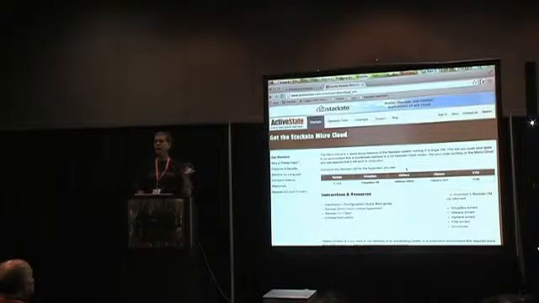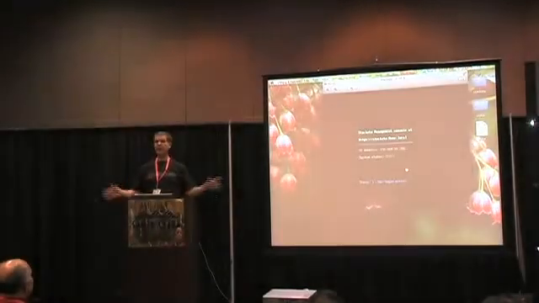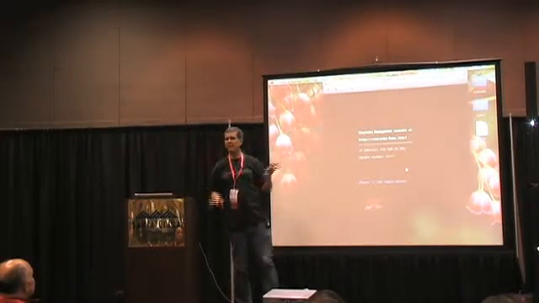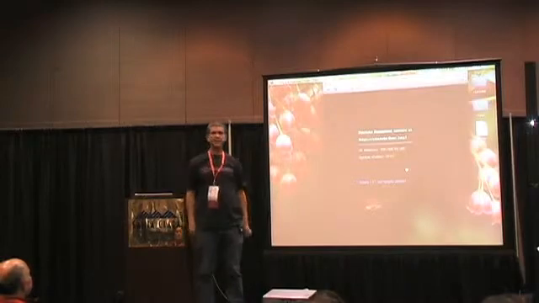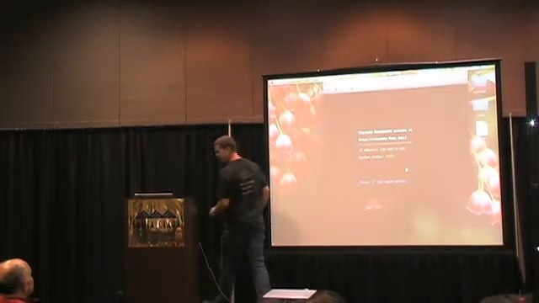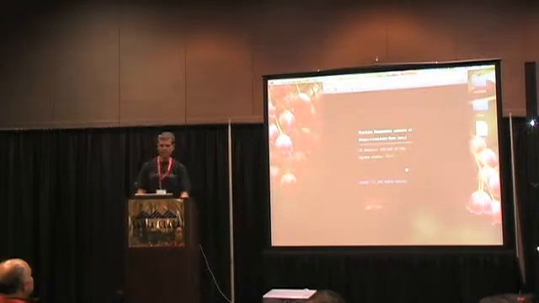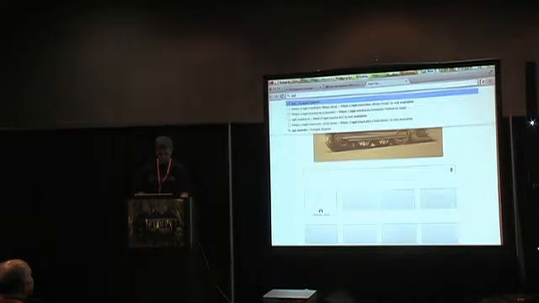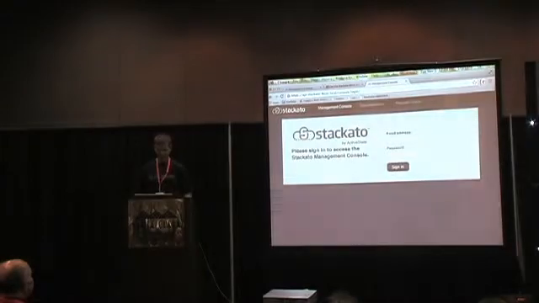What I did earlier is I downloaded the VMware Fusion version of Staccato, and I booted it up. When I booted it, it showed me a console like this, like you expect when you boot a VM. I can log into this and manage it from the command line, but you'll notice it also provides a URL I can use to access the PaaS. So I go to my browser and type in that URL, and you'll see that I can access the PaaS itself. It happens to remember one that was in my history.